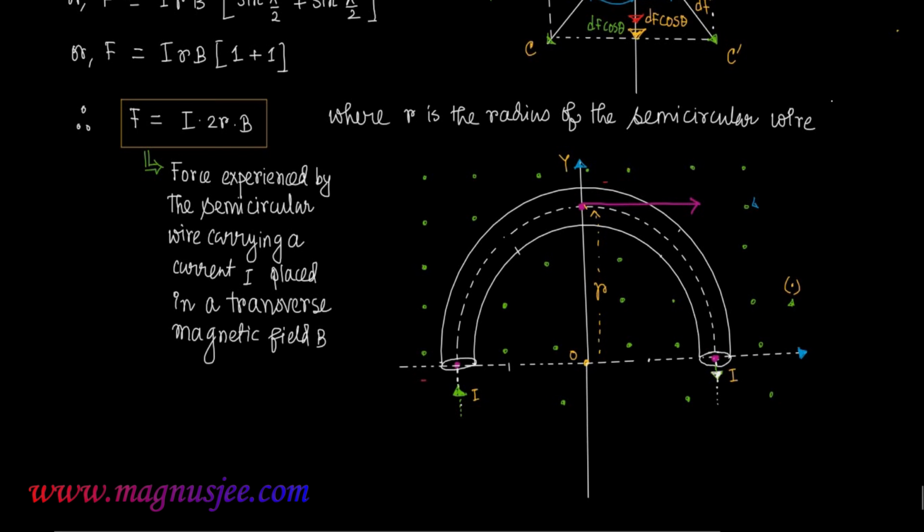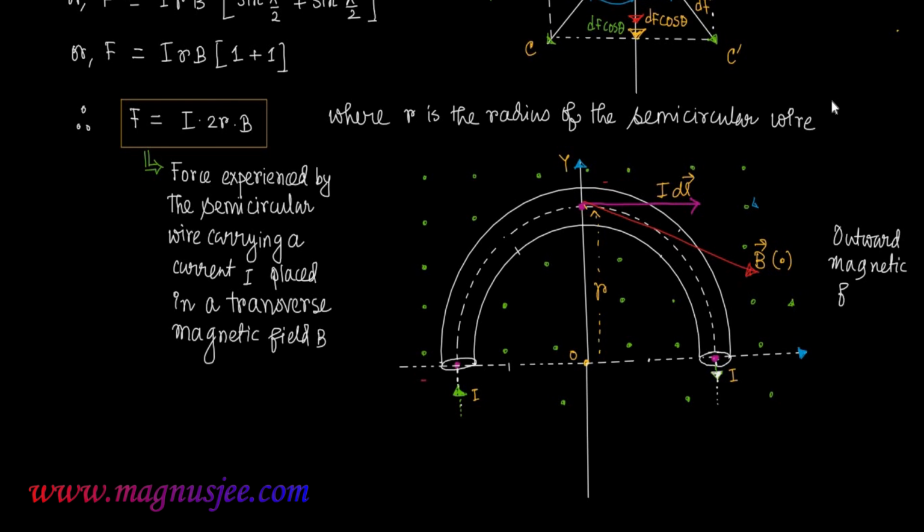And this is the direction along which I vector dl acts, and the magnetic field induction, that means magnetic flux density vector B, acts perpendicular to the plane of the semicircular wire, that means magnetic field induction vector B acts outwards. The angle subtended by magnetic flux density vector B with the current element I vector dl is 90 degrees, because magnetic flux density vector B acts perpendicular to the plane of the semicircular wire, and I vector dl acts along the tangent which is in the same plane of the semicircular wire,